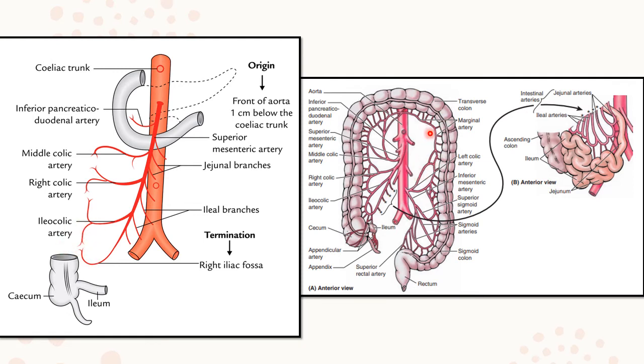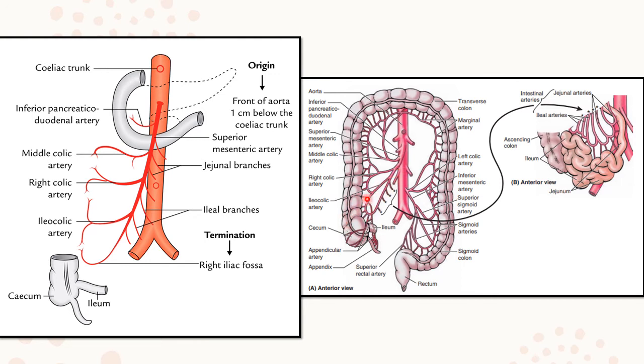We have a similar diagram over here. We can see the superior mesenteric artery over here. This one was the celiac trunk, and this is the superior mesenteric artery. The first one we have over here is the inferior pancreaticoduodenal artery, which has not been shown in its entirety. Then we have the middle colic artery over here, and as you can see, this middle colic artery is supplying branches to this transverse colon. And then we have the right colic artery, which is mainly supplying this ascending colon, and then we have the ileocolic artery, which is going to supply the cecum.